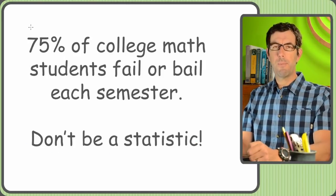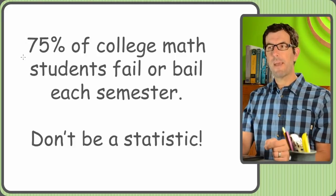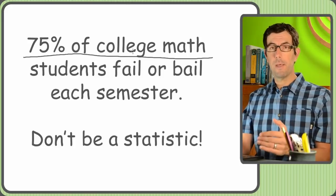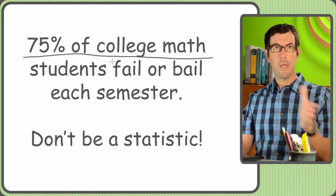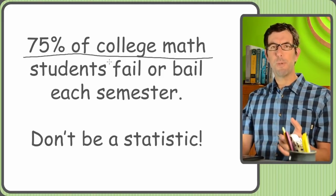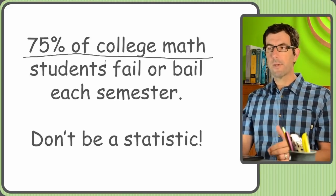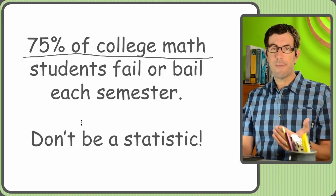This is an incredibly important number. And just before we get into the solutions, I just want to emphasize this. 75% of college math students either fail or bail each semester. So if you sit down in college algebra and there's 100 people in the room, only 25 are going to get credit. Don't be one of the 75% that has to go to school an extra semester or whatever. Get the help you need. ThatTutorGuy.com is an awesome resource, obviously, I think, but